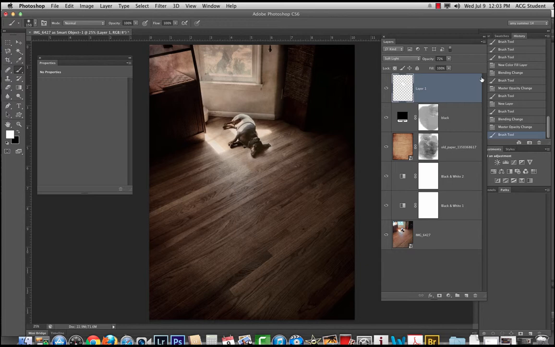And for the project, I want you to be able to tell me why you did what you did, right? What did you learn? How are you using blending modes, layer masks, the brush, and all sorts of textures and